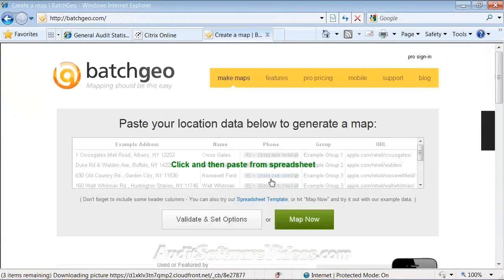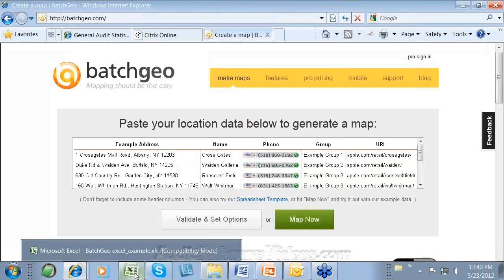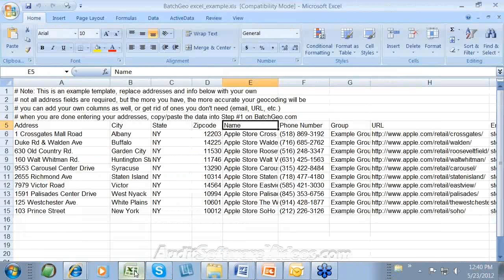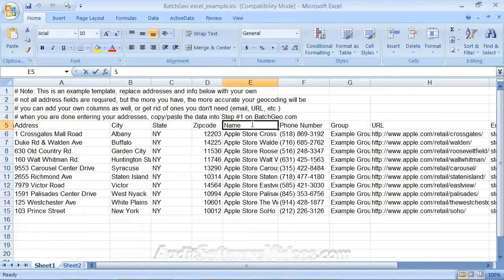All you do is paste your information into this screen right here. And you can click and paste it right from that spreadsheet they give you. You don't need to have all these fields. As long as you have a few, it's pretty smart. It figures out city and state and all that stuff. And the total score, it doesn't know what to do with that, so it ends up putting it into that section.